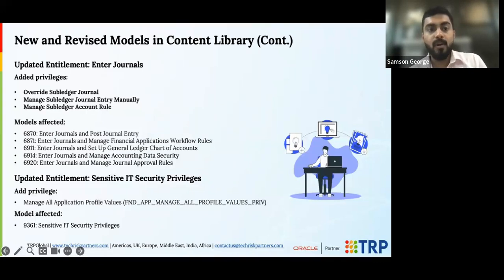The next update is on the enter journal entitlement. So you might be using various controls which have enter journals as one side of the SOD control. There is already a very long list of 17 odd privileges which is being monitored as part of enter journals. So privileges are nothing but entry points